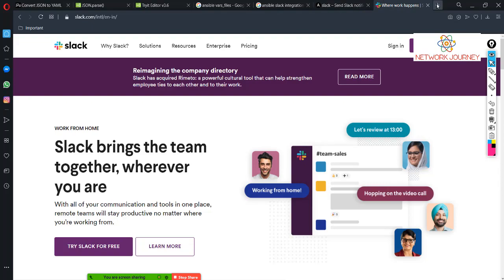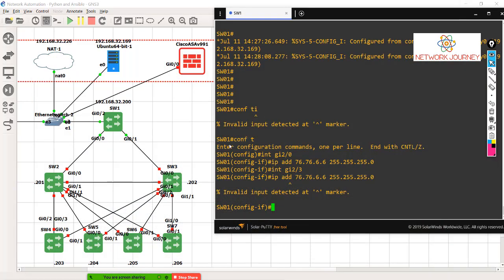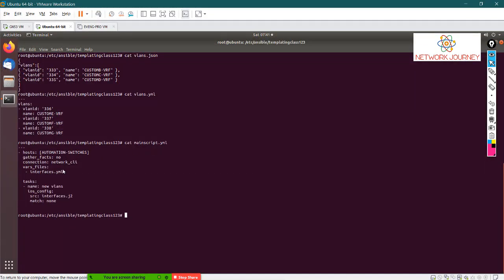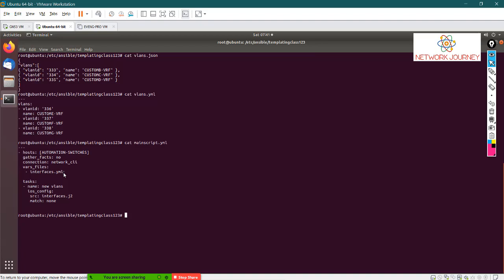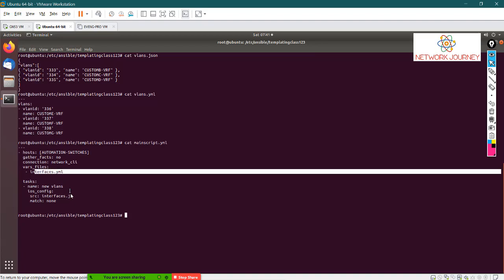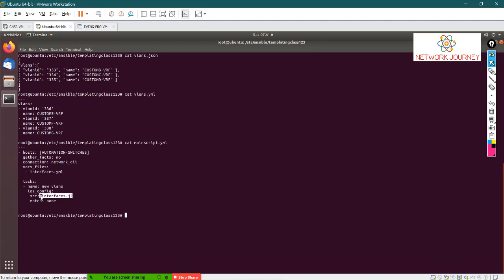The second thing is the template. Now let's say if I take back over here, my template, or let's say my data model and my template, if I want to keep it on a centralized server like a GitHub repository, I can change that.